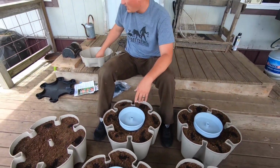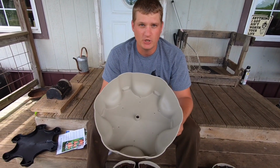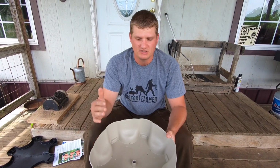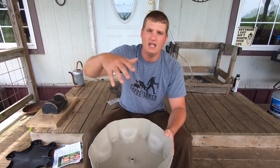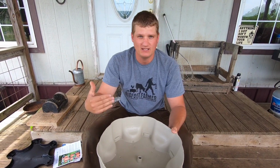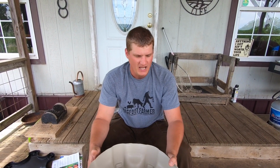Now the very top, and we'll show you all this whenever it gets all completed, but this is the very top part of it. And so this is where you're going to be watering it, because this is pretty much like a self-watering system, in the sense you fill this up and then it goes down and it waters everything evenly. And one thing that they said with their system that's a lot better than other systems is